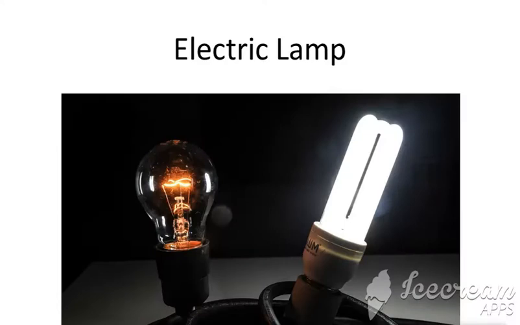So this is an electric lamp, you know this, and what is said here is only 5% is being used, and the remaining is heat. You know that when you just keep your hand near the bulb, there is a lot of heat being produced near the bulb, is it not? And so we can say that a large amount of heat energy is produced.